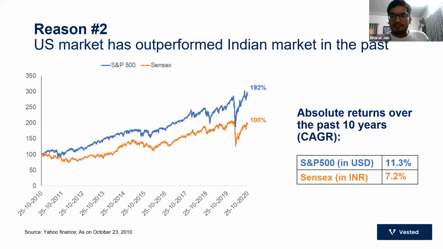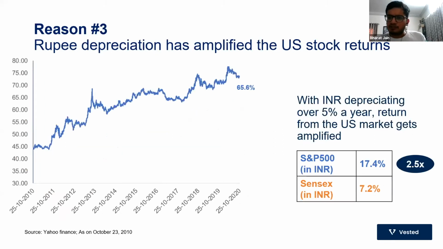Second most important reason is कोई भी invest करता है, they want their returns, they want some appreciation. In the last 10 years, Sensex has given approximately 7.5% returns in INR terms, S&P 500 has given around 11.5% in US dollar terms. S&P 500 वहाँ का Sensex हो गया, समझिए आप, वहाँ का benchmark है, one of the benchmarks. वहाँ आपको Dow Jones भी एक है benchmark, but S&P 500 let's say 11.5% मिला है last 10 years में. Sensex ने कुछ 7.5. Sensex का returns in INR and S&P 500 का US dollars. अगर मैं वही returns convert कर लूंगा, if I convert those returns in US dollars to INR, so